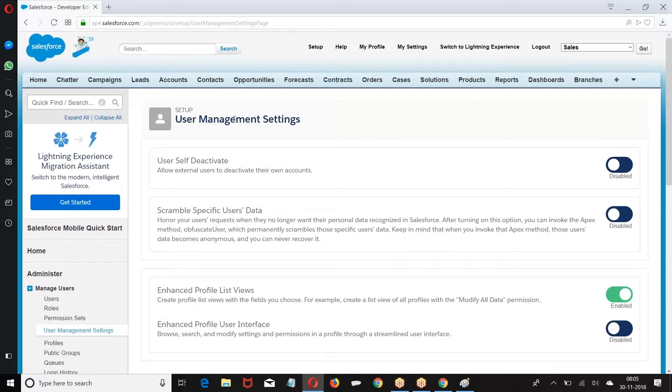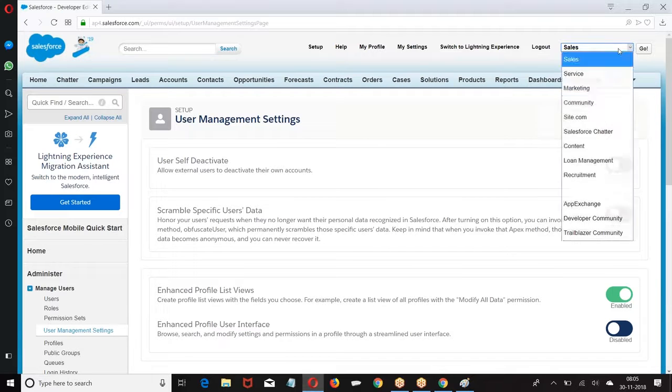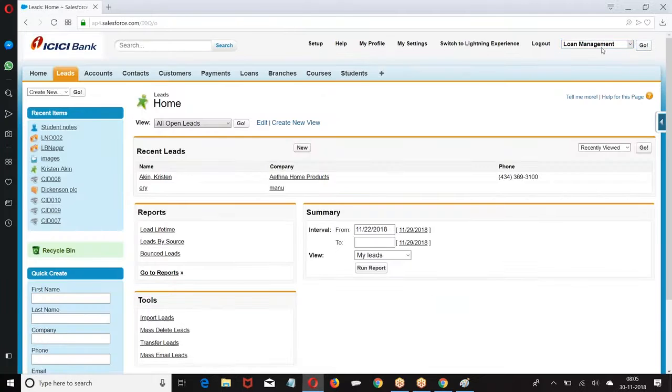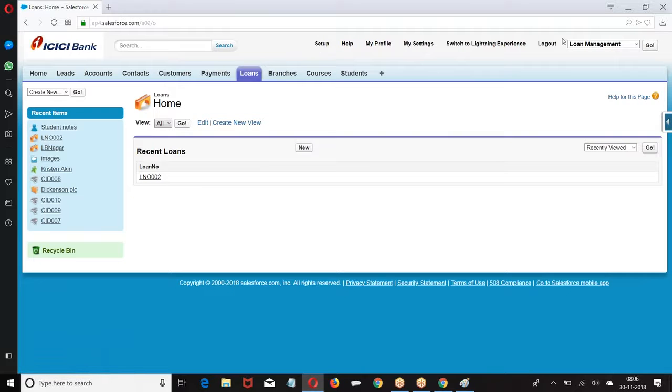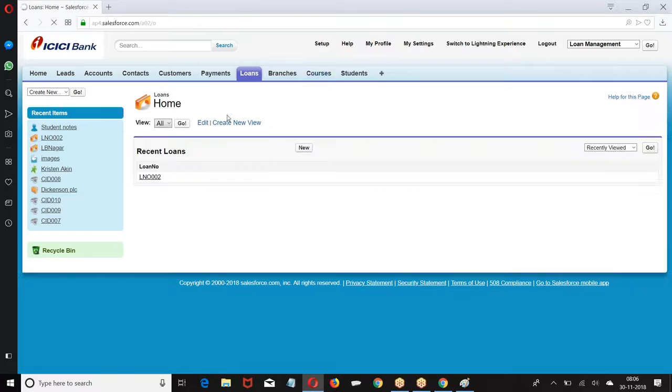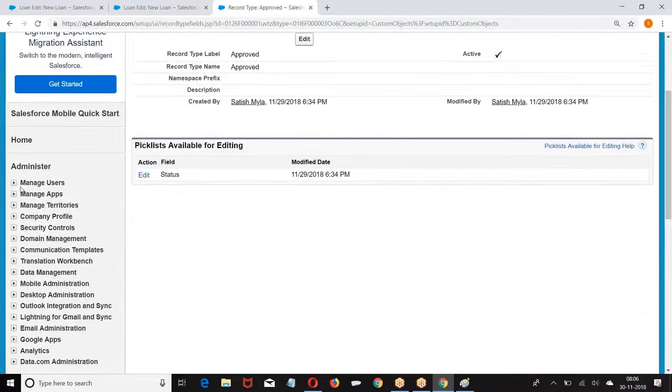Okay, let us go to the student record. This is the old structure layout. Now loan. When you are clearing a loan, it is asking pending or education or so and so. Now what should I do? Student should not be able to create a loan. He can only see the loan record. If I don't want the student to create a loan, what will I do?